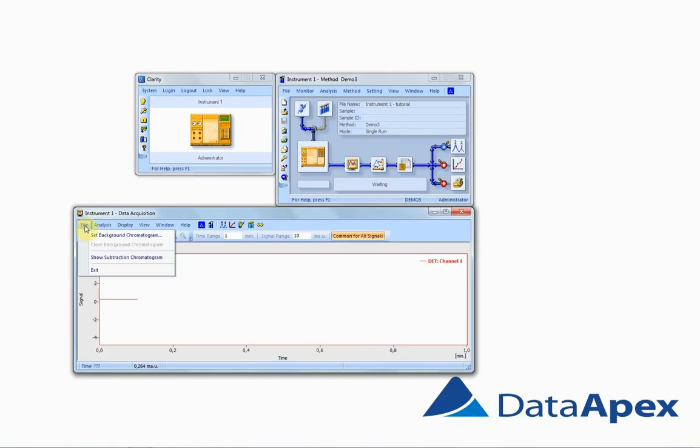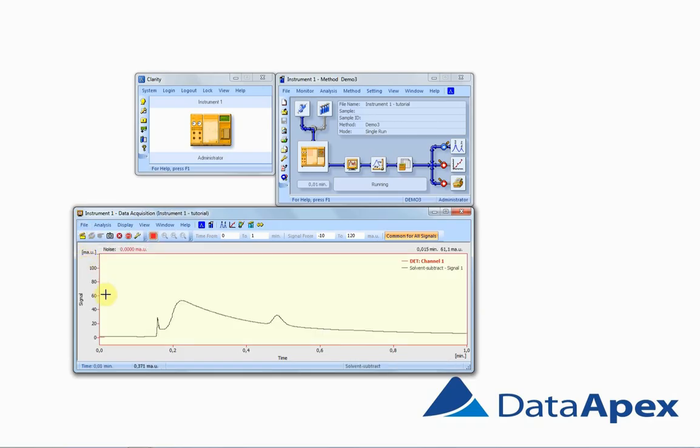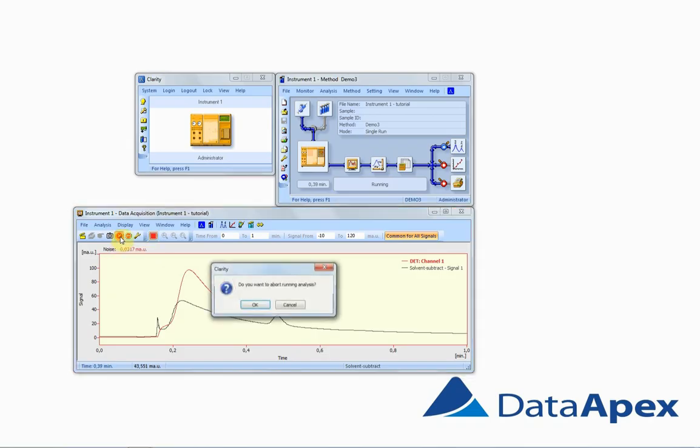In the Data Acquisition window, there is an option to show subtraction chromatogram. If I enable it and run the acquisition, the window will display the subtraction chromatogram, the gray one, along with the currently acquired one, the red one. However, the subtraction is performed after the chromatogram is processed. Now if I abort it